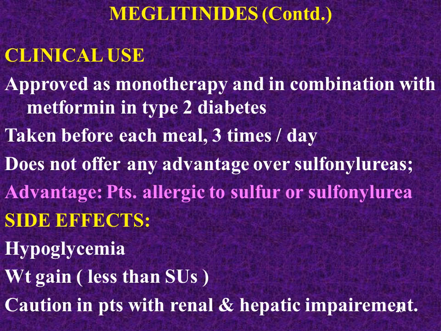You can be asked in an MCQ or a short essay question, scenario based: if a person is obese and comes with type 2 diabetes, and you as a physician have to choose which drug to start as monotherapy. In an obese patient, you will go for biguanides, which is metformin, and in a thin, lean patient, you go for secretagogues, which include sulfonylureas. And if the patient is allergic to sulfa components, then you will go for meglitinides.